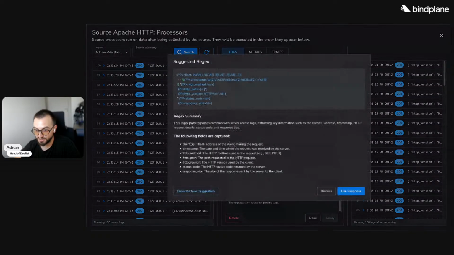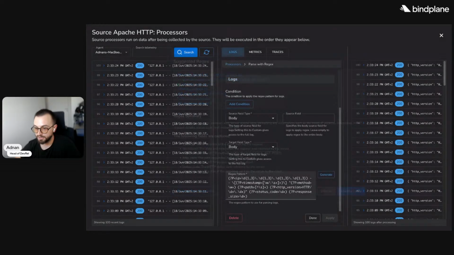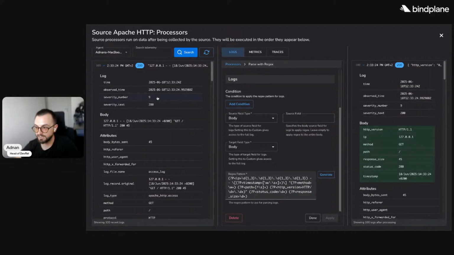The LLM integration did. So I can go ahead and say generate. It's going to give me a suggested regex. It's going to explain exactly what it does. And I can either use this response, generate a new suggestion, or dismiss it if I don't want it. But this particular one that I did generate, as you can see on the left side,